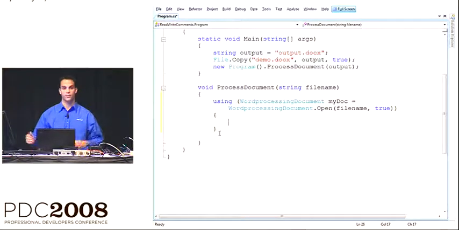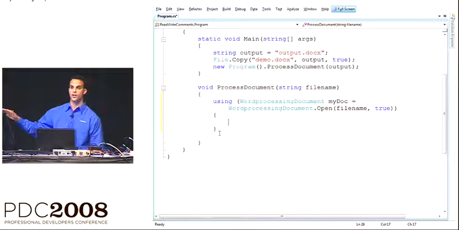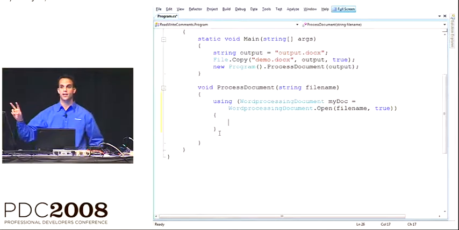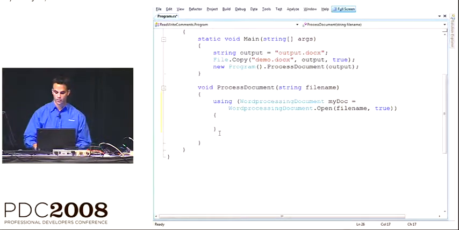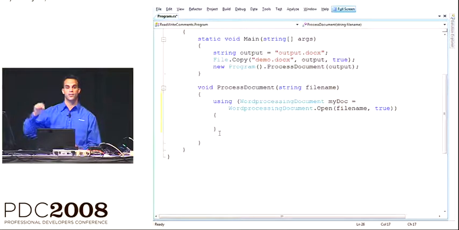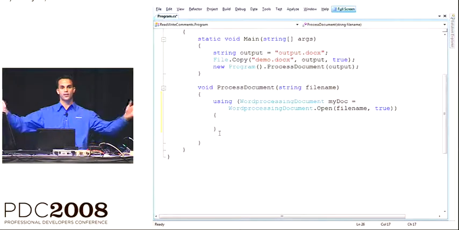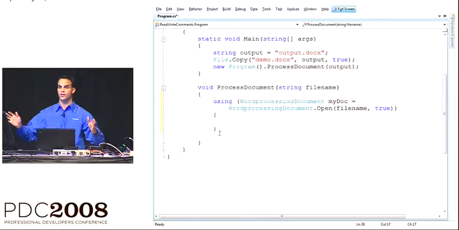So just like that, I've just opened up the zip package, right? Now I've completely opened up the word processing document, and I have access to all the parts. The two parts I need to get access to at this point are the main document part and the comments part. The first thing I need to do before I get the comments part is get the main document part, which has all the references to all the other parts within my document. So to get the main document part,